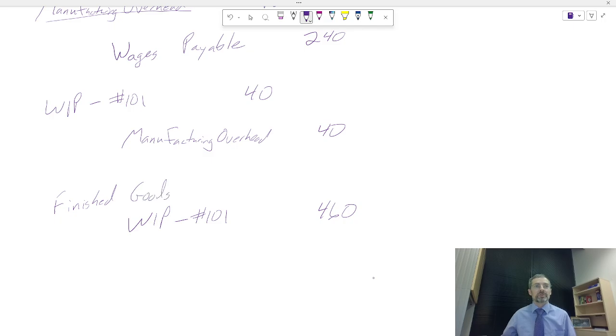That's another inventory account. So remember, we do have 3 inventory accounts for a manufacturer. They are raw materials, which we dealt with, work in process, which we also dealt with, and now finished goods. So those are the 3 different types of inventory. Finished goods are the ones that we are done with. It's sitting in our showroom, ready to be sold.